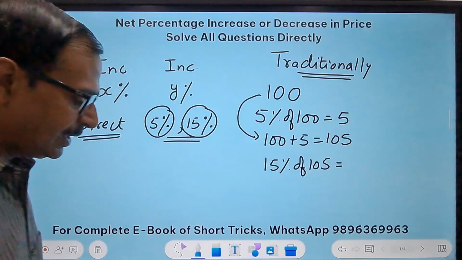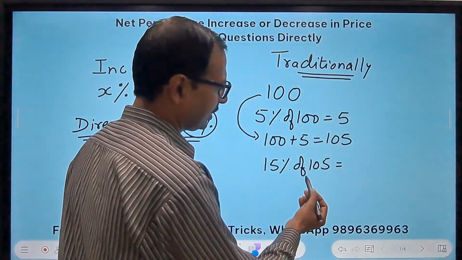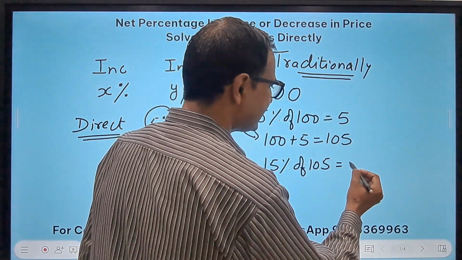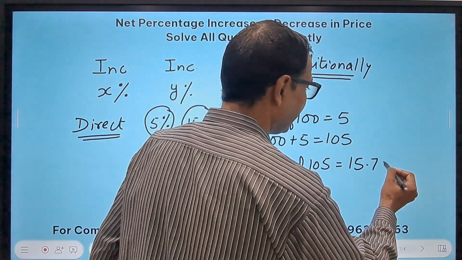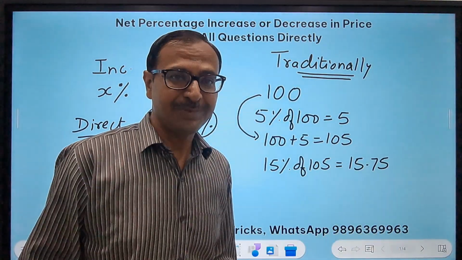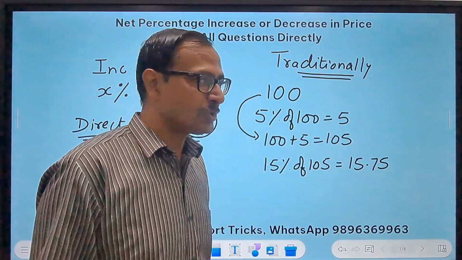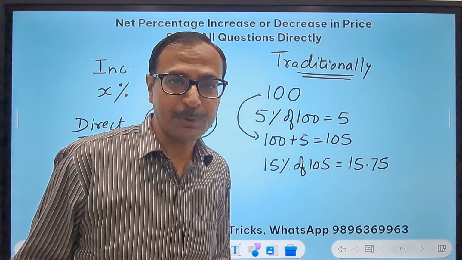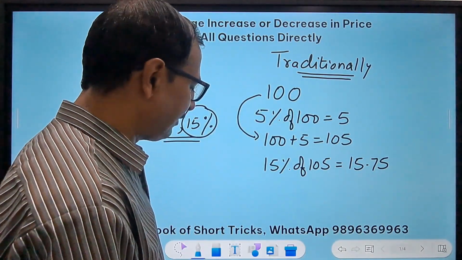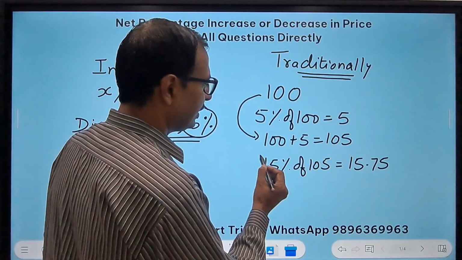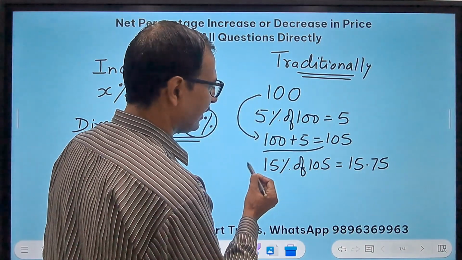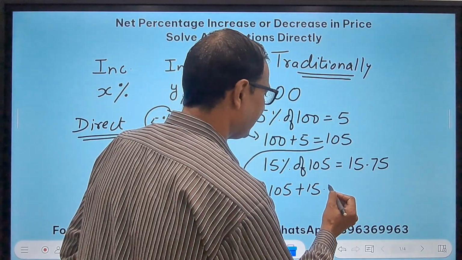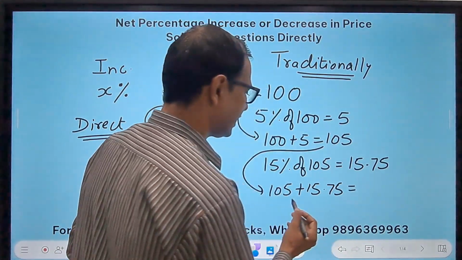So this will be like 10.5 and 5.25, so 15.75. So I have done it directly. You may be using calculators or you may be using the traditional multiplication and finding percentages using traditional approaches. So 15.75, so this value 105 will now become 105 plus 15.75, and that will give you the answer as what,